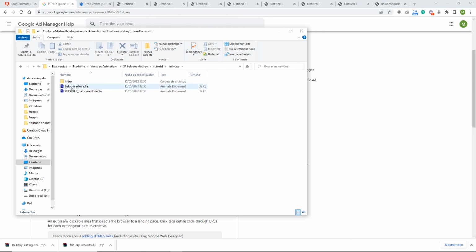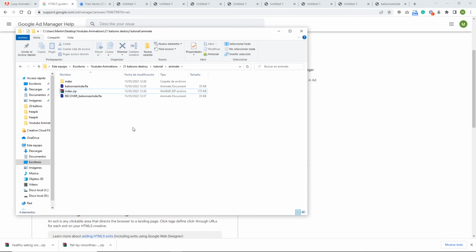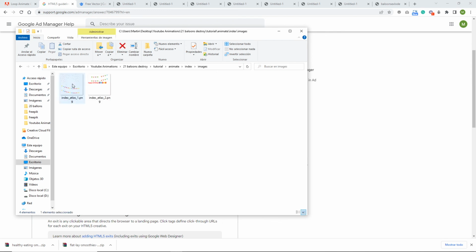And I will save this, and I will close this, and I am going to right now go in here, and I will right click on this index, and I'm going to choose send to, and I'm going to choose zip file. And this is going to give me a zip file, but right now my zip file is 175 kilobytes, which is too much because Google Ads only support 150 kilobytes. So what I can do, I will delete this, and I can go back to this index, to these images,